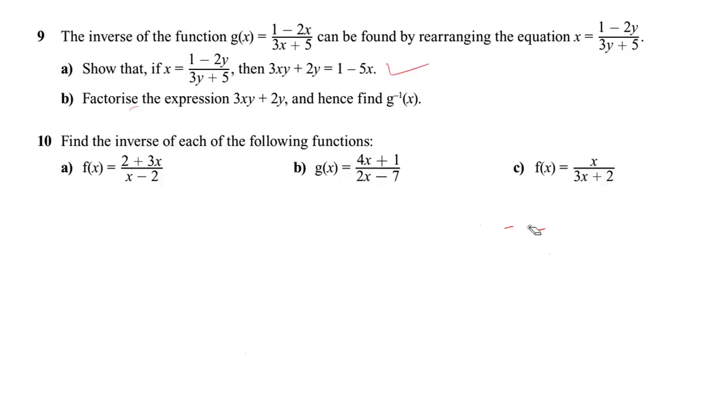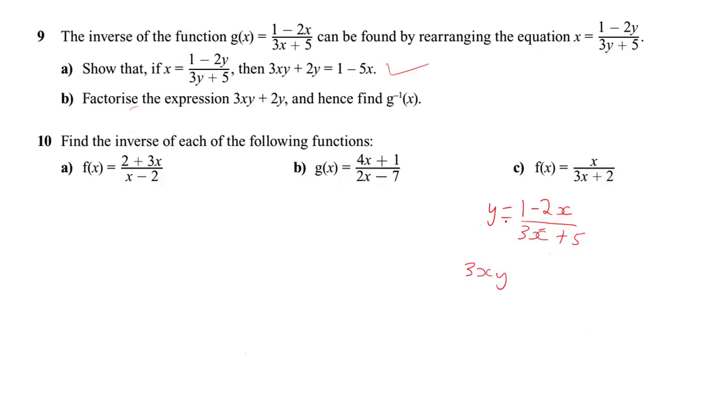I'm just going to start again. So I've got y equals 1 minus 2x all divided by 3x plus 5. And what I want to do now is to make x the subject. So times this side by 3x plus 5. I'm going to have